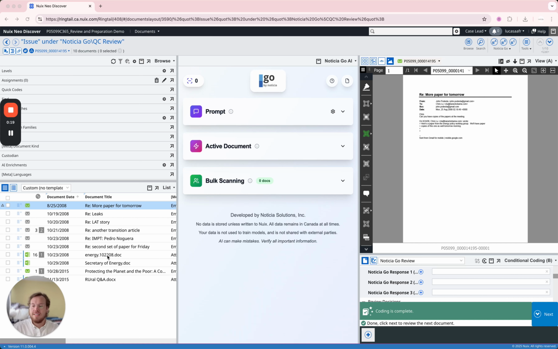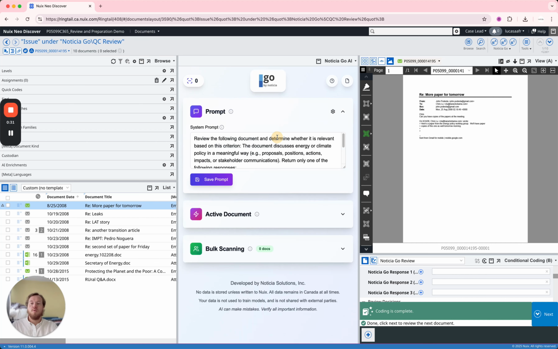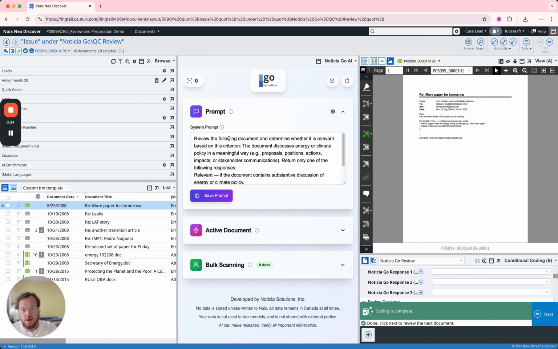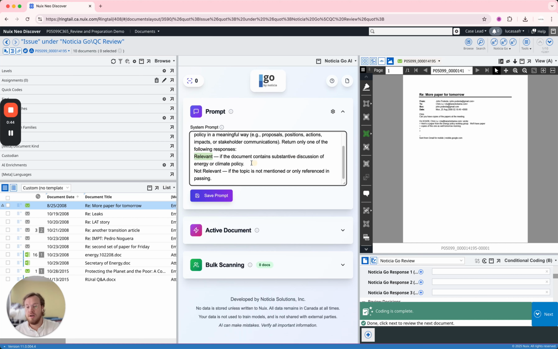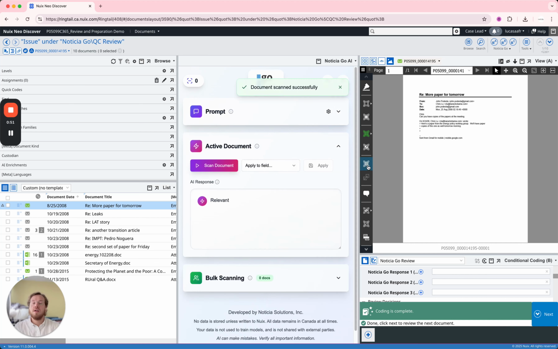So here we've got a set of documents which we're reviewing for relevance related to whether or not the content is about climate policy, energy policy. It's just a sample set of public documents here. And what I'm requesting is for Go AI to review based on whether the document discusses energy or climate policy in a meaningful way, and to respond with relevant, just relevant, if the document contains this discussion, or not relevant if not. This is just going to give me a yes, no that I can use in a bulk search to confirm or,